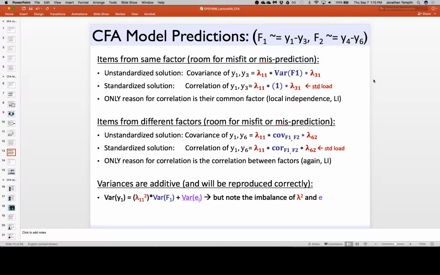So that's items from the same factor. For items from a different factor, what shows up in the middle is a little bit different. It's the loading for the first item times the covariance between the factors times the loading for the second item. Right? If you want to know where I'm getting this from,